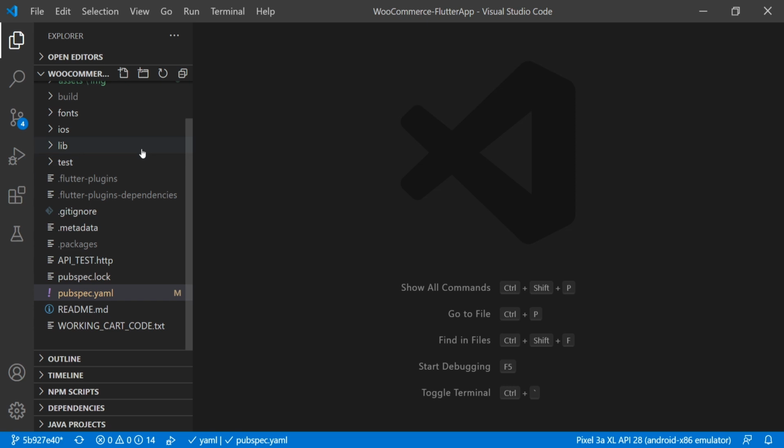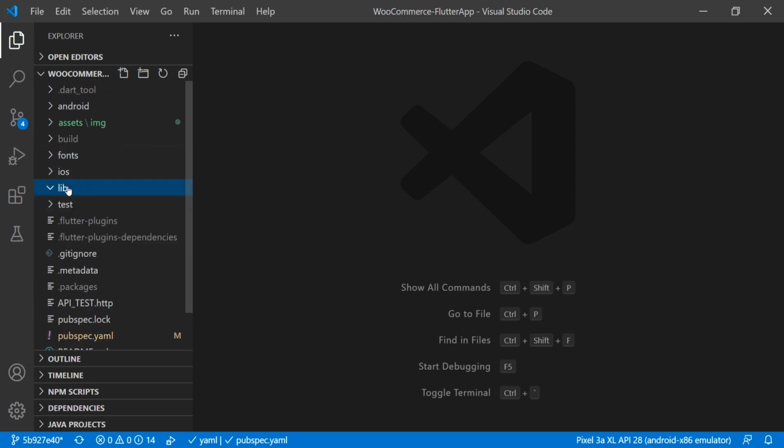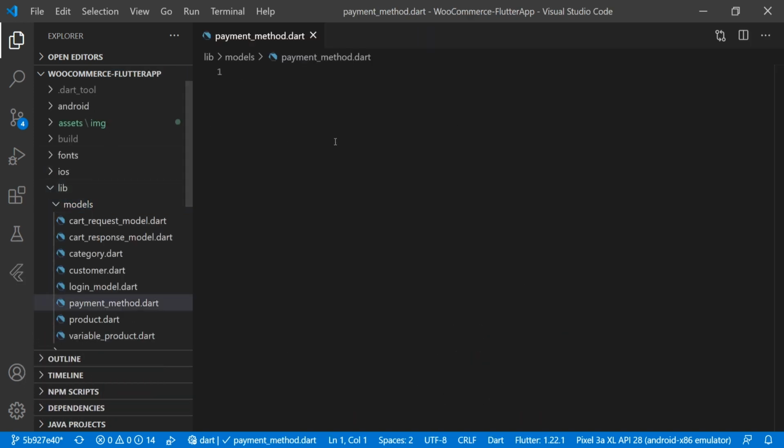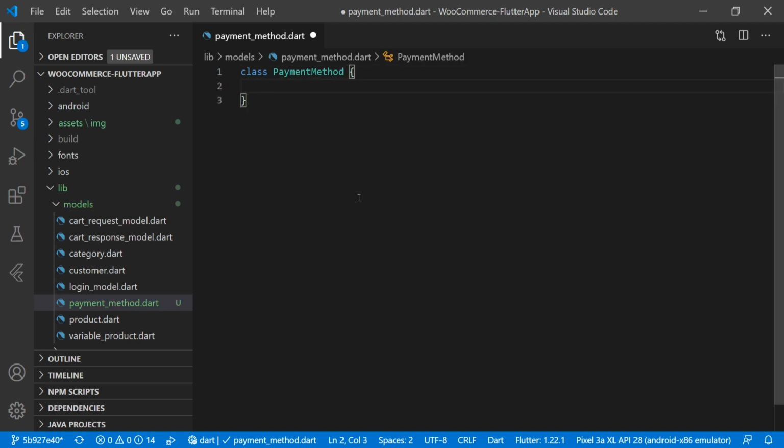So now we will create one model file here and we will name it payment_method.dart, and here we will create class PaymentMethod, and here we will create the variables.